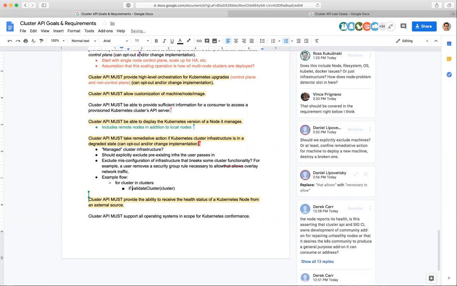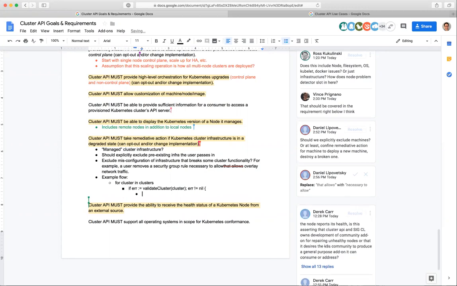So one of the things that we were trying to capture with this is, if your machine goes poof, Cluster API and by proxy, the provider should be able to replace it. Yeah, it kind of already exists today in some ways, shape, or form, to be honest. So I think what we need to do is, I think we're missing high-level pictures to go along with the refinement of the language. I think we're also missing differentiation between the APIs that will be part of Cluster API and the functionality that will be part of the reference implementation and the functionality that is a responsibility of the provider.